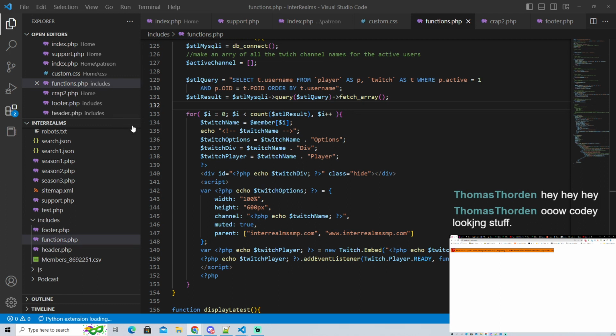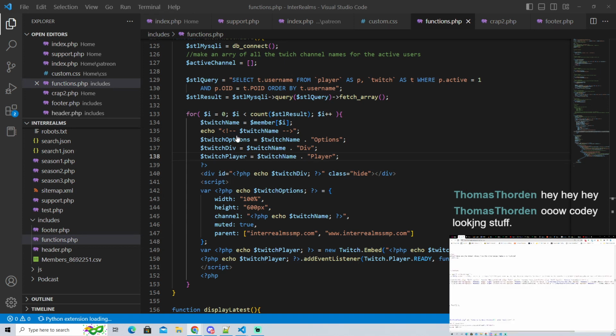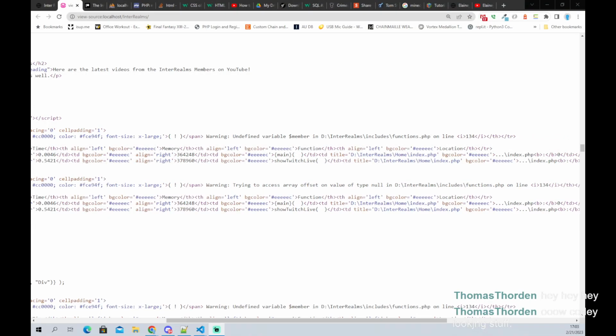Oh, broke it. Broke it good. Oh, I missed it. Sorry, it's supposed to be a semicolon. I didn't hit save. Go me. And then, okay, cool. I'm going to jump you back over to the code of the website.